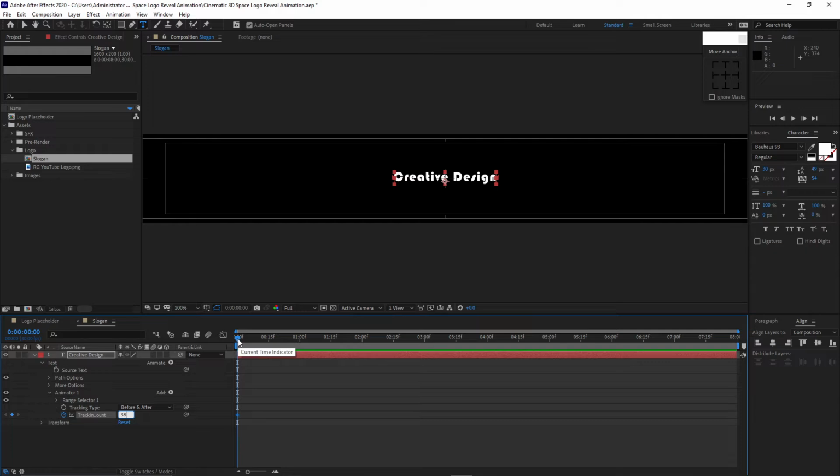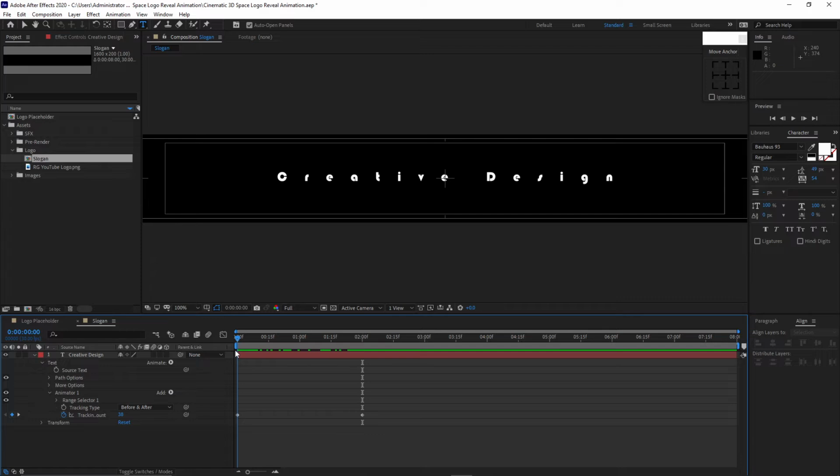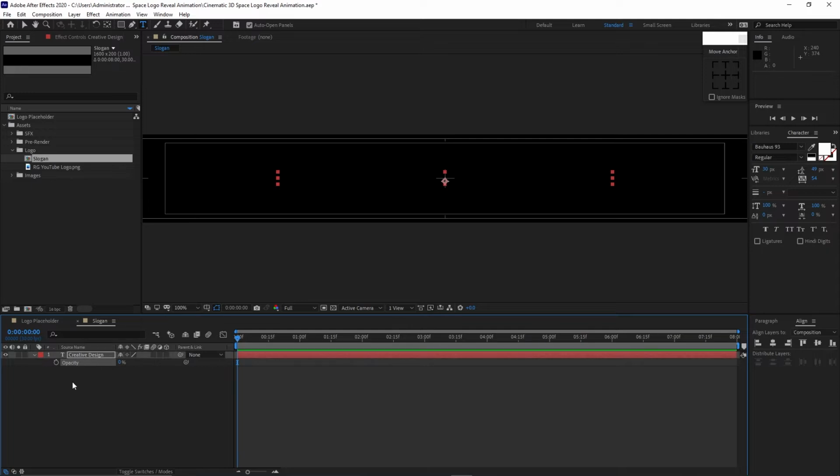Be sure that you place your playhead at the beginning of the timeline and then move it to the 2 seconds duration and change the amount here to 0. Move back your playhead to the beginning of the timeline. Press T on your keyboard for the opacity and change the opacity here to 0. Then create a keyframe by hitting the stopwatch and move your playhead to about 15 frames and change the opacity